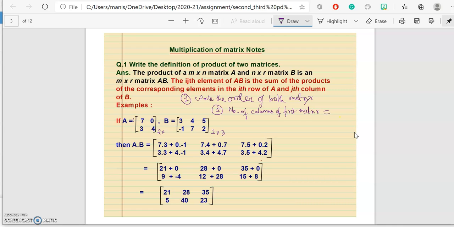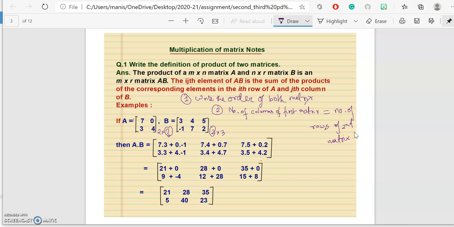In this case it is 2. It says row by column, so this 2 is equal to the number of rows of the second matrix. You have to always perform a test. So the number of rows is your 2. If the number of columns of the first matrix is equal to the number of rows of the second matrix,